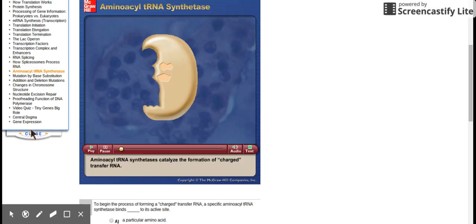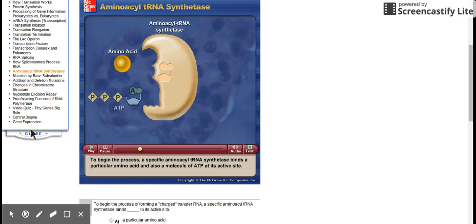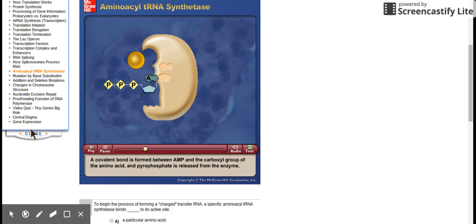The first step in translation is charging. During charging, the tRNA molecules must be chemically linked to their respective amino acids. In the initial step of charging, the amino acid is put into an activated form by reacting with ATP, creating